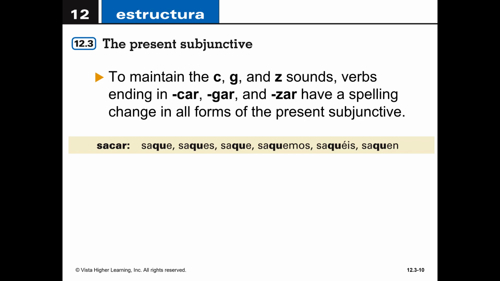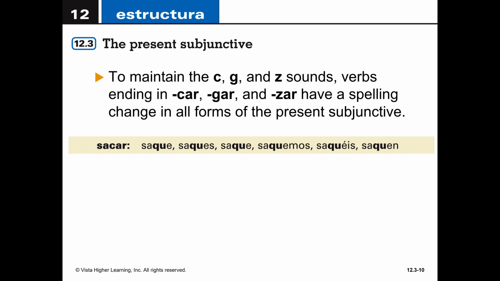Why, you may ask? The reason why we have that QU is so that they continue to have that K sound. Because otherwise, if we kept that C, it would be sace, and the infinitive is sacar. So we need to maintain that K. That's why we changed it to QU.